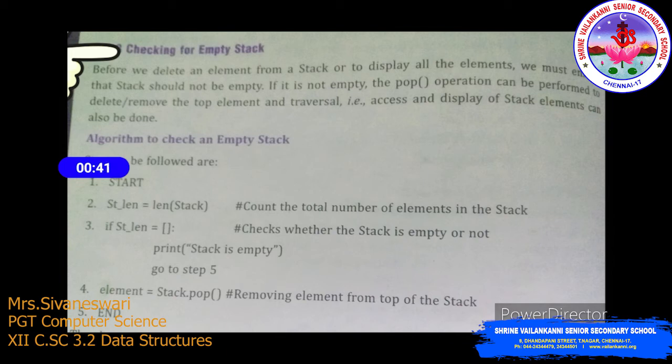If it's not equal to 0, the stack has some value inside. Let's assume that it is empty. Print stack is empty, go to step 5, that is we end the process. If it's not empty, that is not equal to 0, then element equals stack.pop(). We remove that particular top element.